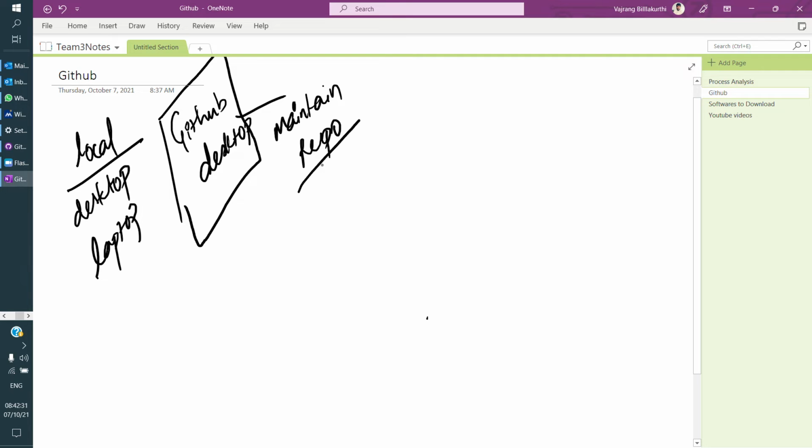So repository, what is a repo? It's a code base.